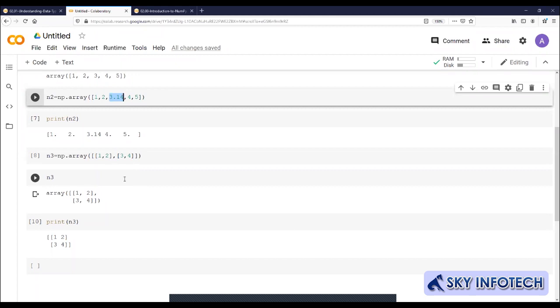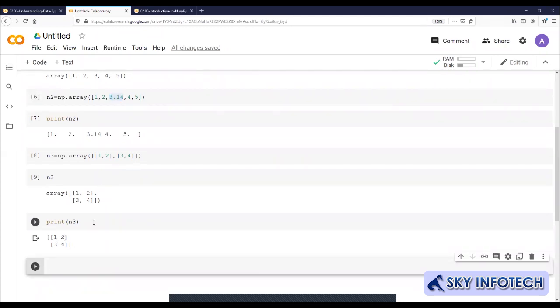The output will be separate, like 1, 2, and 3, 4. That would be separate, but this is a whole array, a multi-dimensional array. This is one row, this is the second row. Yes sir. That you cannot get with lists. Okay, got it? Doubt? Clear? Yes sir.